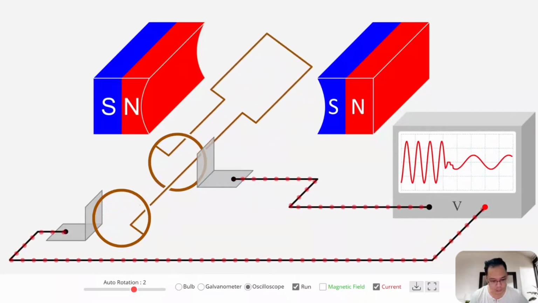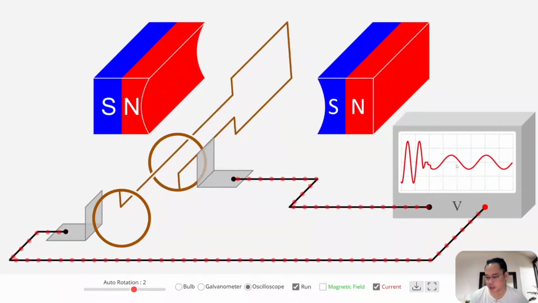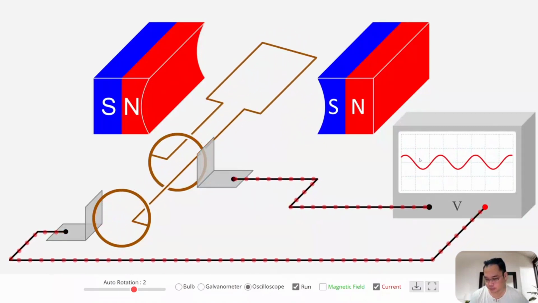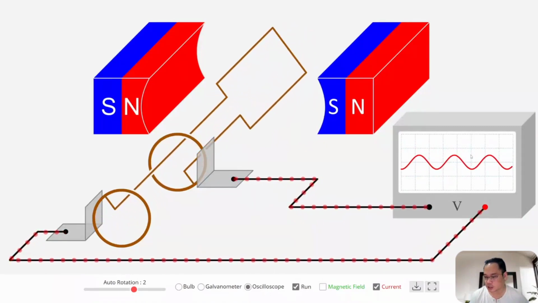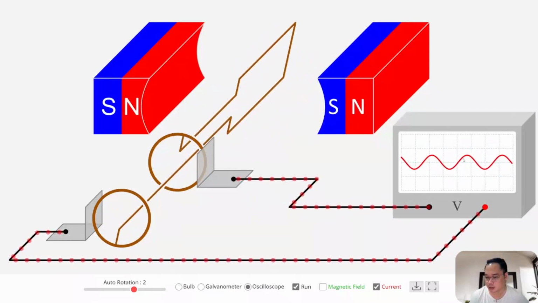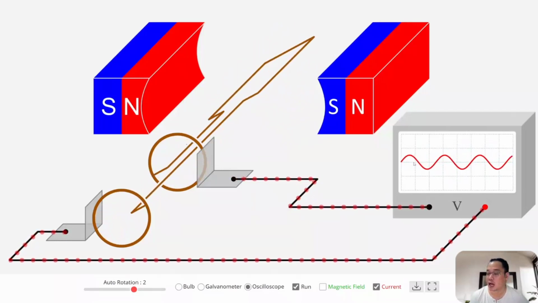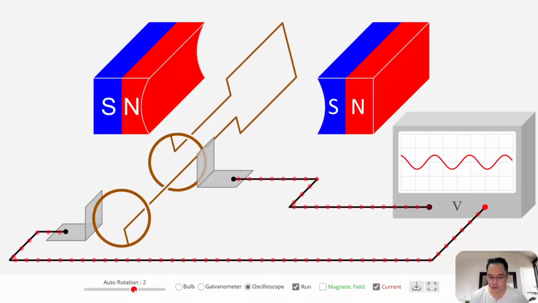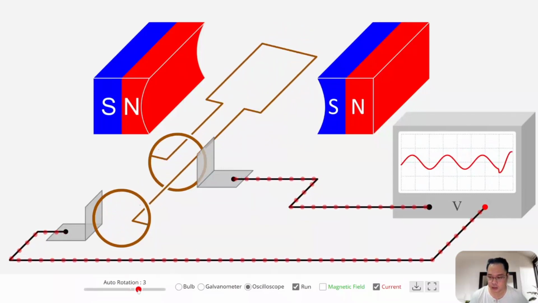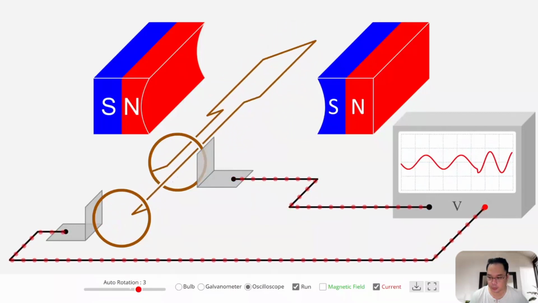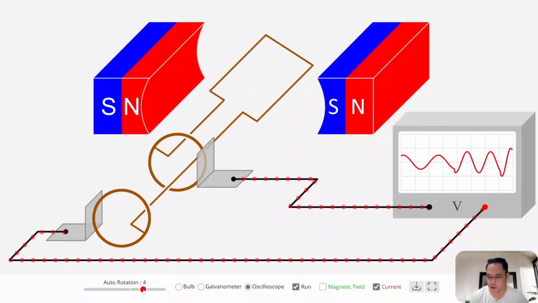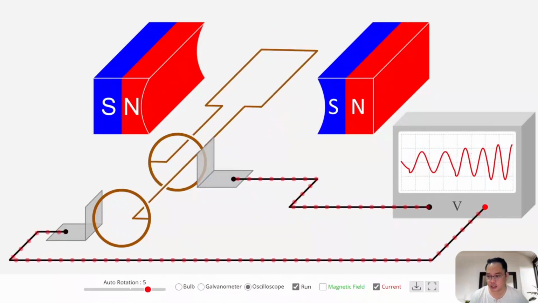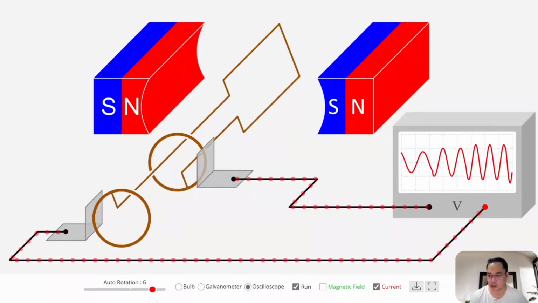With the speed at 2 rounds per second, okay, you see this is a graph of the current. Note the distance between the peaks, and also the amplitude, how high the peak is. And now I will slowly increase to 3, see? And now to 4. You see what happened? To 5. The peaks get higher and also closer to each other,